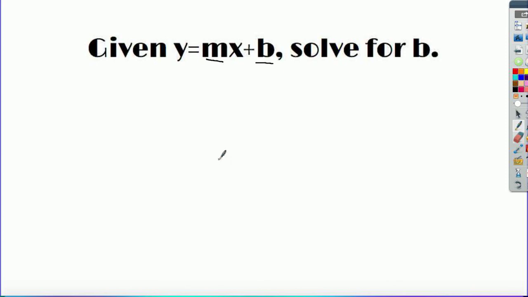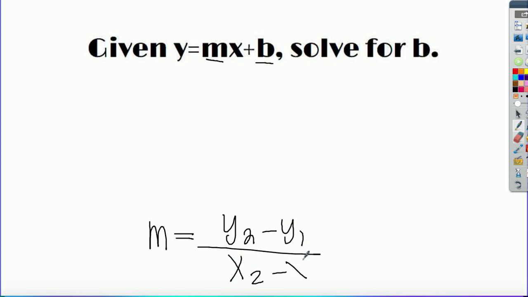Well, we already know how to find slope from 2 points. A reminder of that formula is that slope can be found from y2 minus y1 divided by x2 minus x1. The next challenge is going to be how to find the y-intercept of a line if all we have is 2 ordered pairs. Well, one possible way to do that is to rearrange the slope-intercept formula of the line for